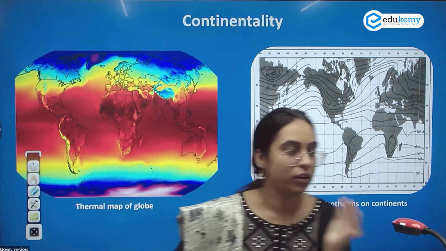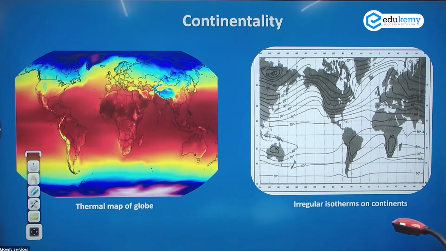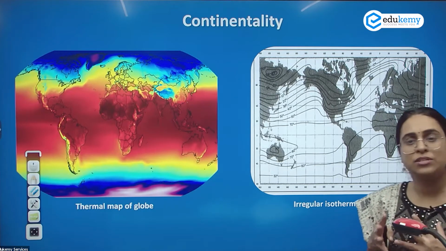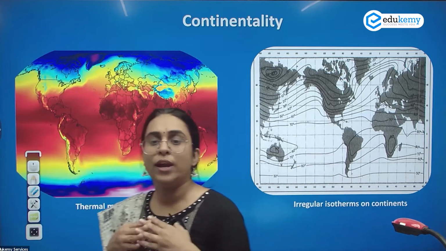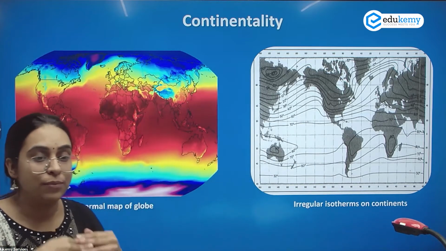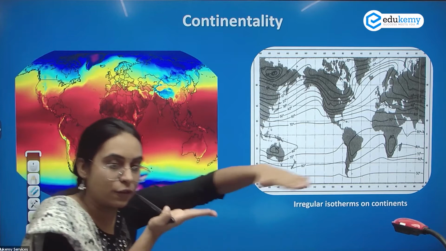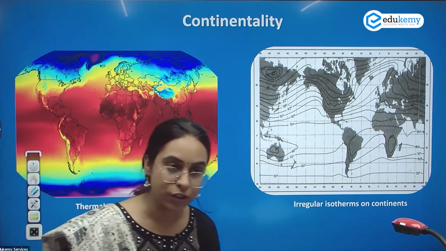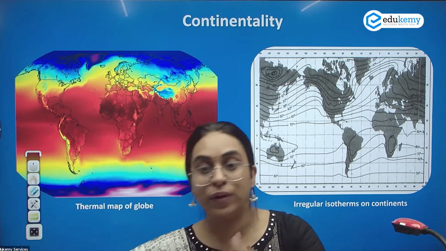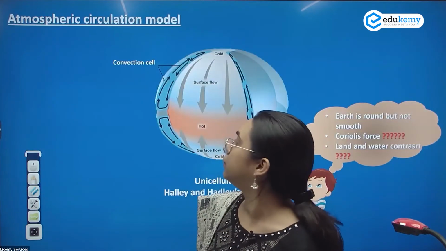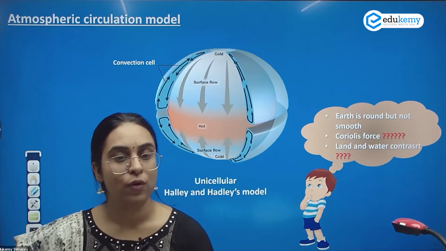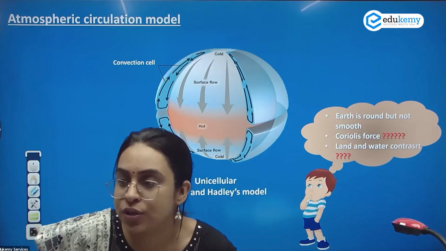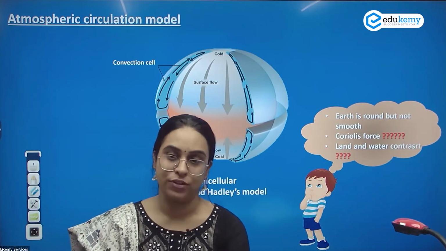Continentality, land water difference. The land water difference also gets reflected. The pressure gets affected by continentality also. So when I'm studying the horizontal pressure variations on the Earth's surface, there are many factors that are influencing, continentality, ocean currents. You have relief, we have slopes. And therefore we need a simplified version to understand the pressure pattern.